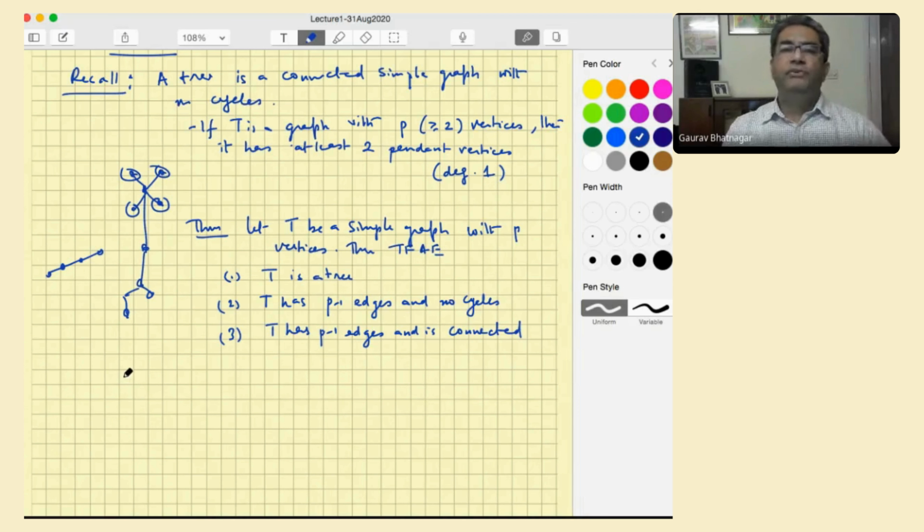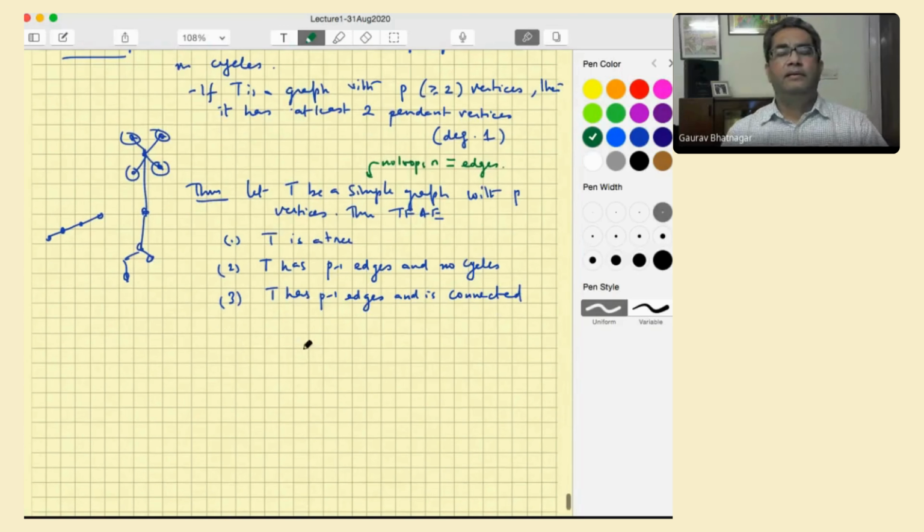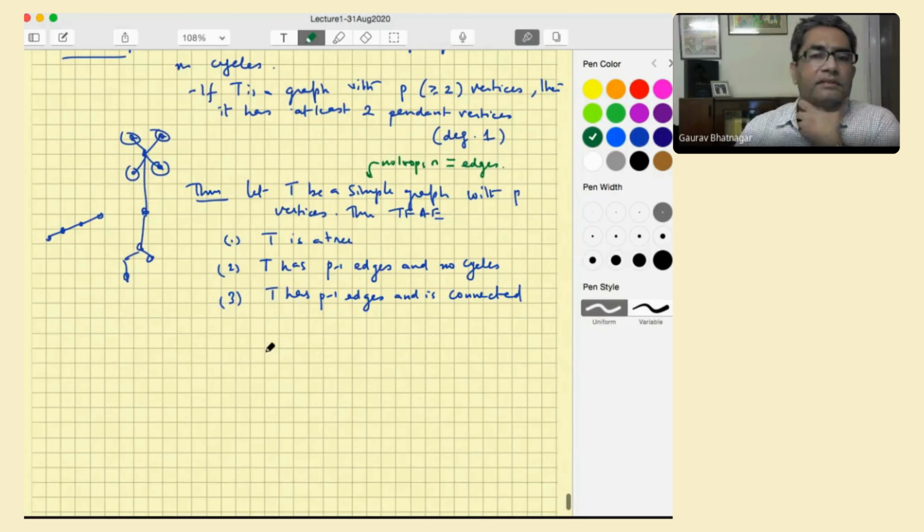So simple, if you recall, simple meant no loops or parallel edges. And most theorems are about simple graphs. You can modify them if you require more complicated graphs. Okay, so the proof